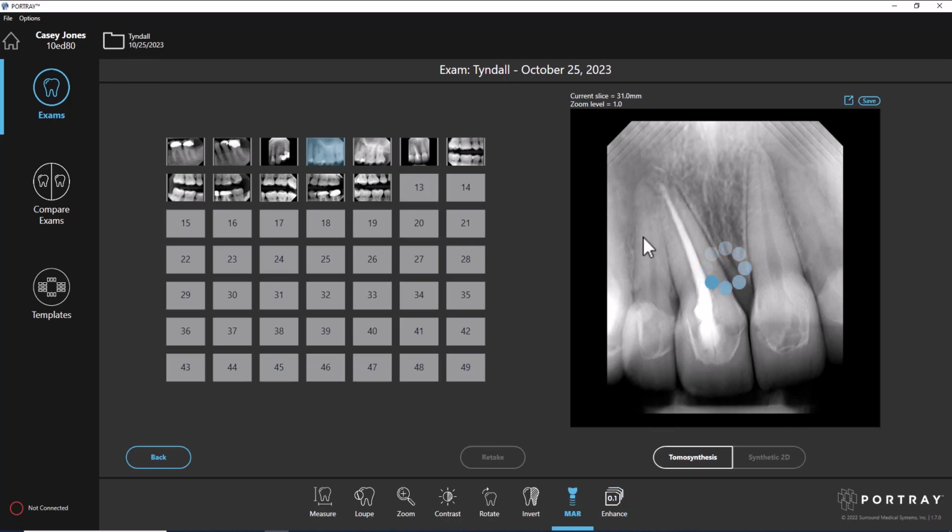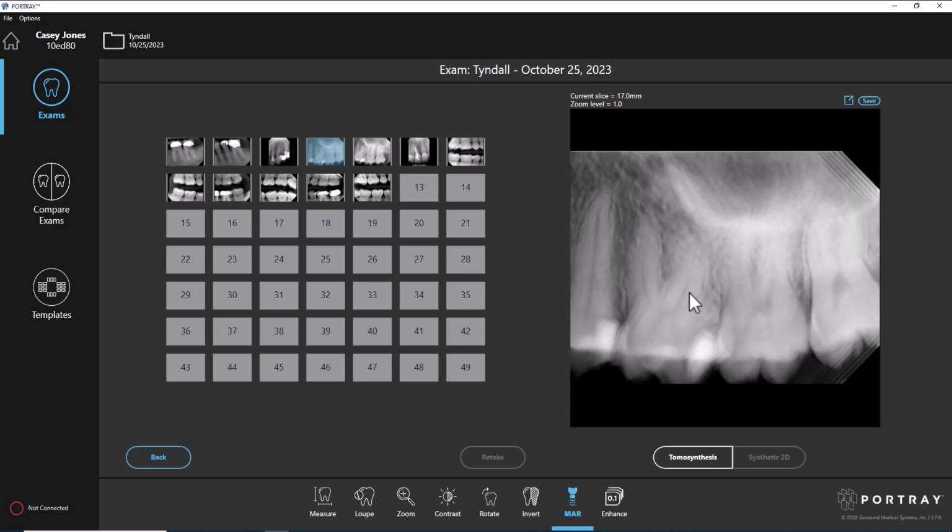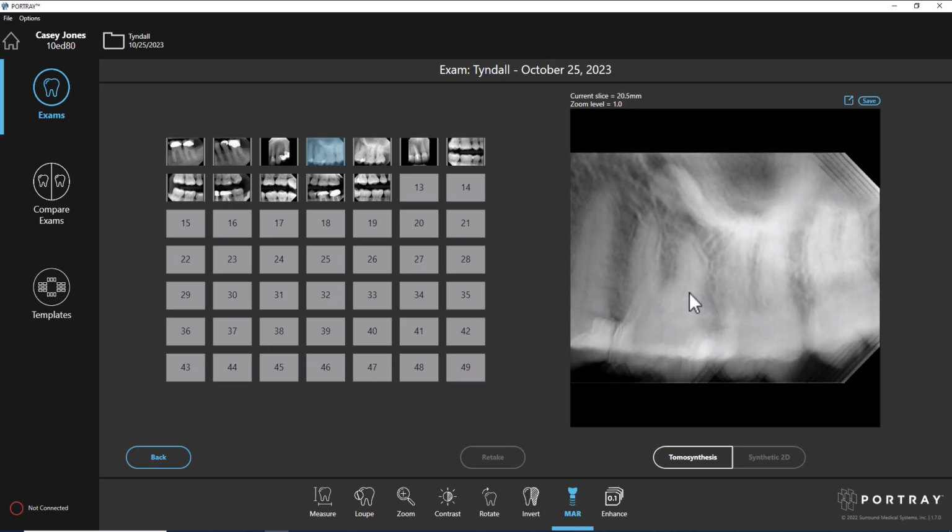Let's go to a maxillary molar periapical. That tends to be the region where we see more of what we might call geometric errors, where it's very difficult to see in that area, of course, and we see a lot more overlaps. There are also some other concerns. So let's go to